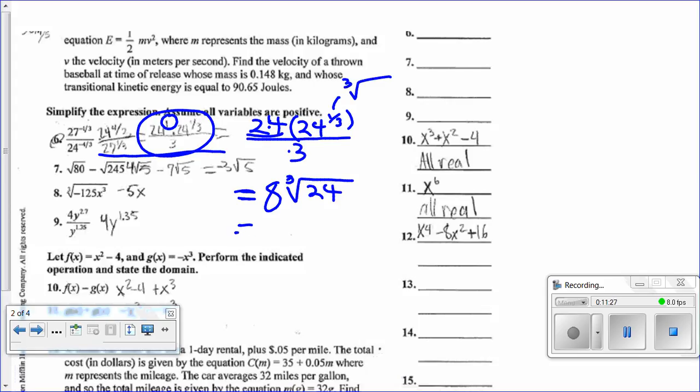So again, when you're trying to simplify things underneath this radicand, if it was a square root, we'd be looking for perfect squares. But since we're taking the cube root, we're looking for perfect cubes that are factors of this 24. Some of this I can tell that you know,